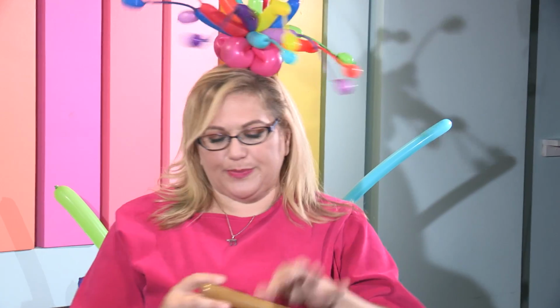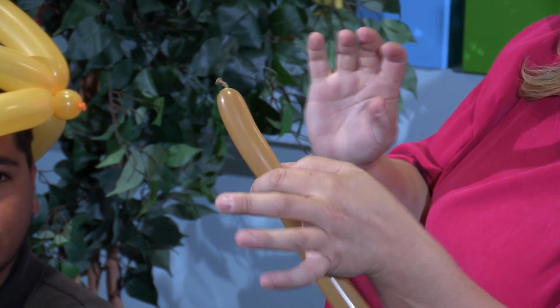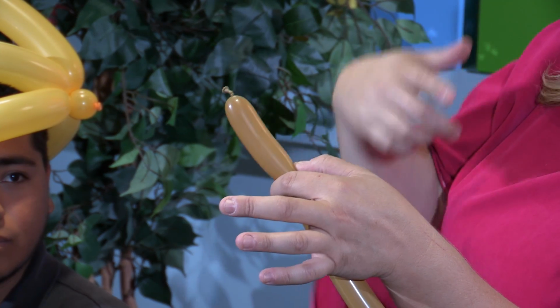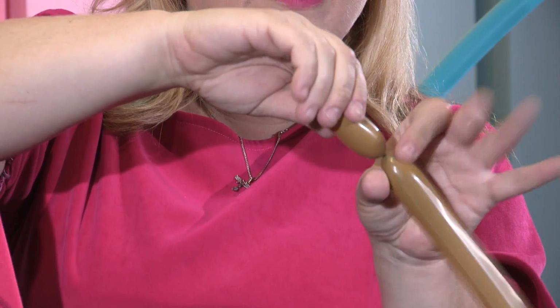Okay, so now what we're gonna do is we're gonna make the monkey. So to make the monkey, I have a 160 that is not fully inflated. I'm actually probably going to add another 160 for the tail because I'm probably not going to have enough with this. But since I do need to get a few twists into it, I didn't want to inflate it too much. So the first thing is we're going to take a bubble, and we want to make this bubble really soft because we're actually going to put a second twist into it. So we're going to squeeze a little bit of the air out